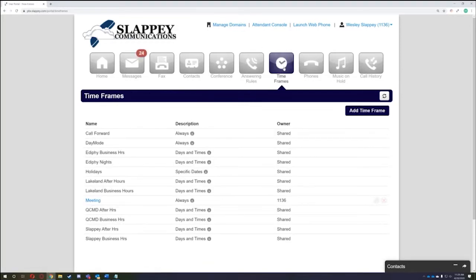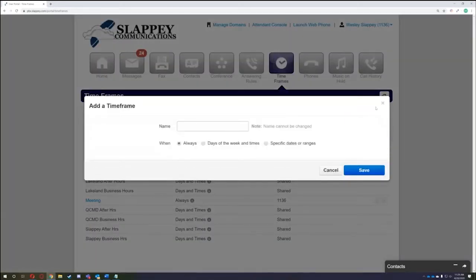The reason why is that you probably have potentially a day and night mode. And so you have what are called timeframes that basically define when you want something active. So you see when I add a time frame here, I get to name it. And you can name it whatever you want that's specific to you. But then you can see down here where it says always, days of the week and times, or specific